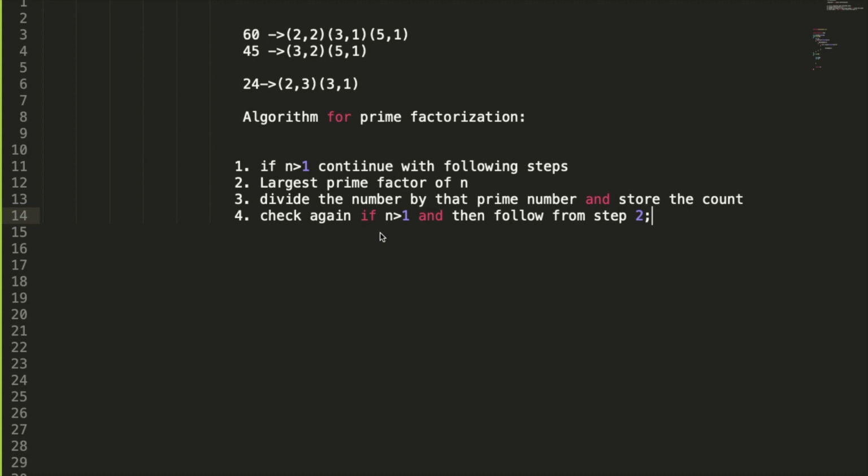Hello everyone. Today we are going to find the prime factors of all the prime factors of a number. We are going to do this in log n complexity, and I don't think this approach is mentioned anywhere on the net. So better make a note of this.